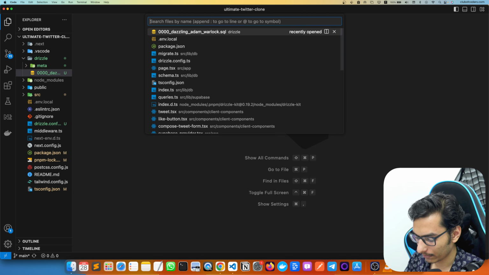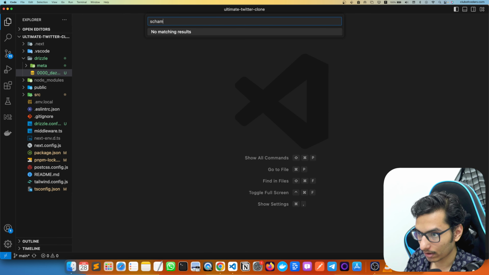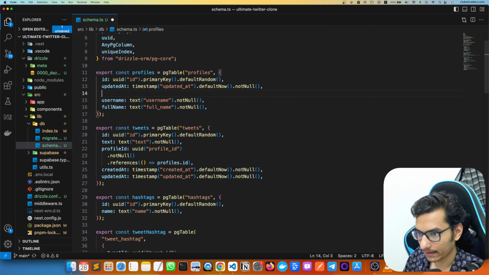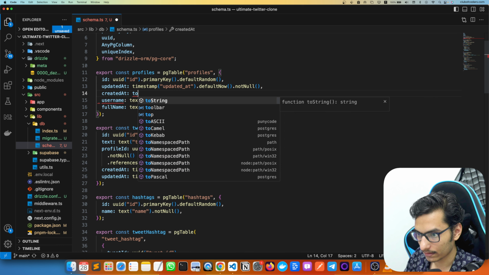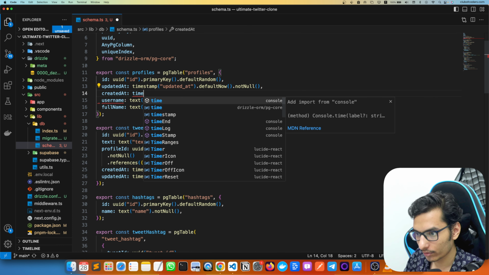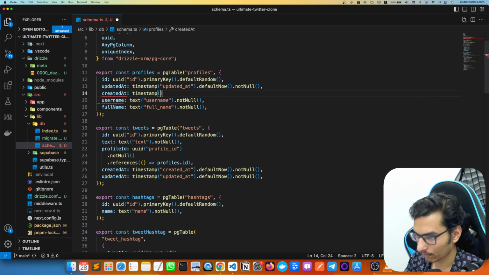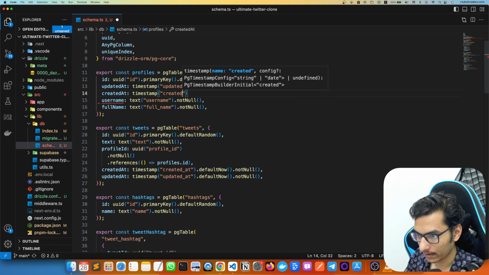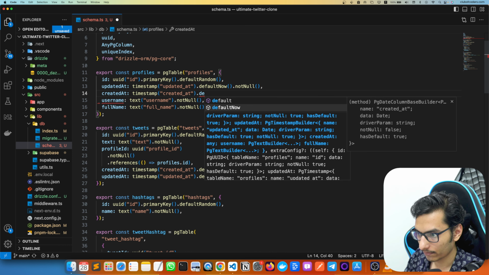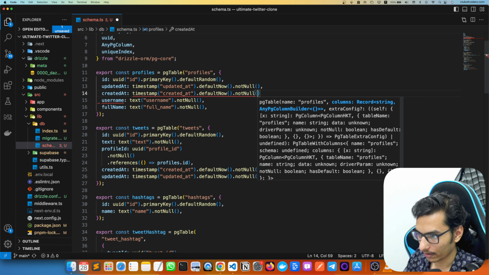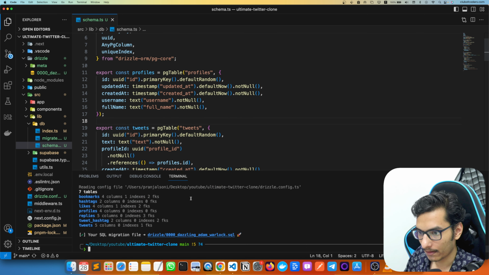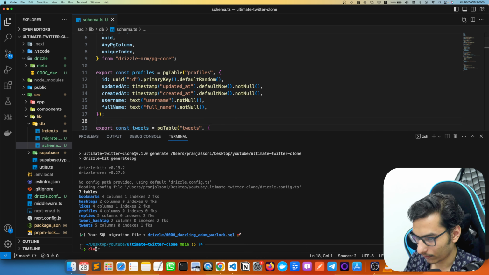in the users table. So we will go to schema.ts. Here I will create a createdAt as well. So I will say this is the timestamp. I want to show you how you will do the work if you want to change something with the database in the future. createdAt dot defaultNow dot notNull. Like this, createdAt, updatedAt like that. And now we will generate our migration